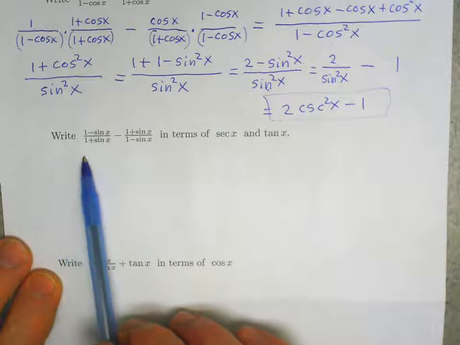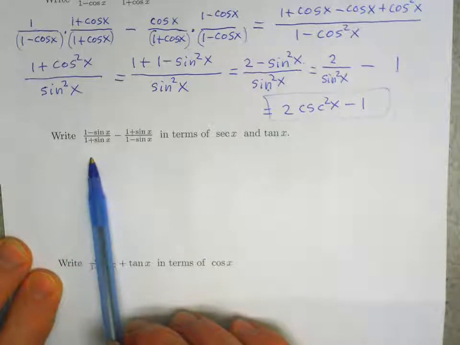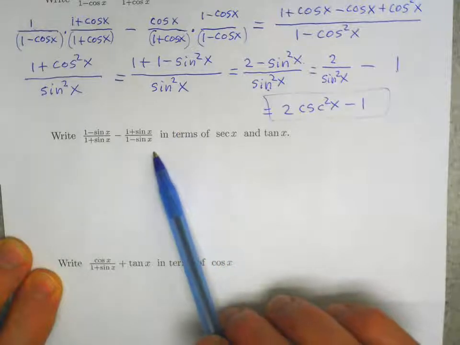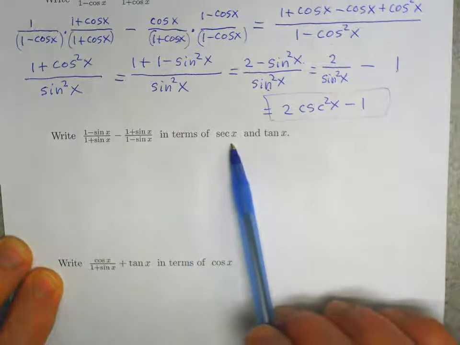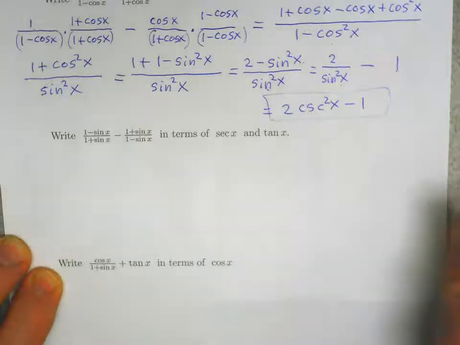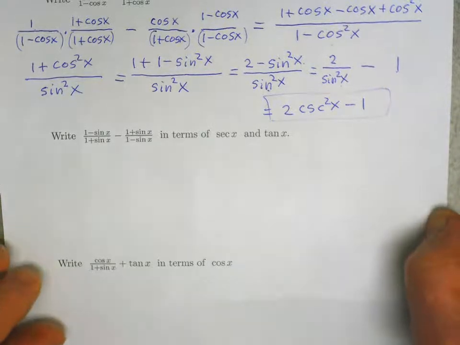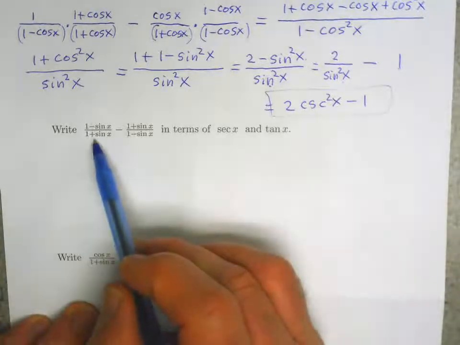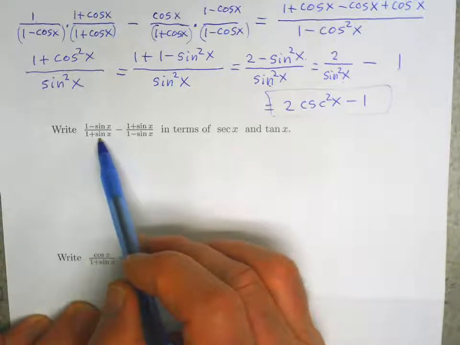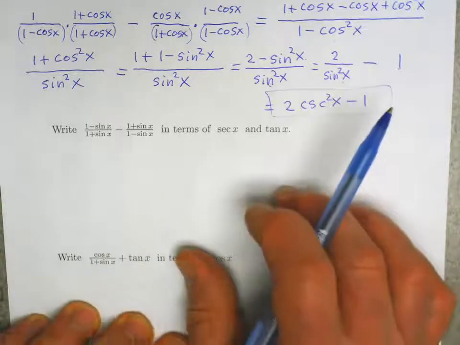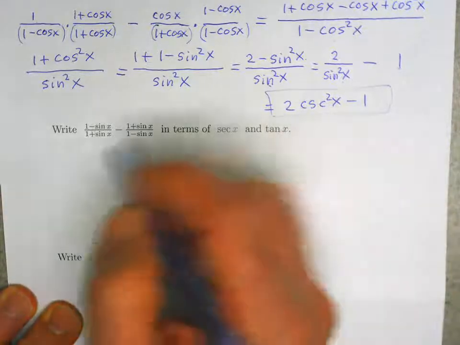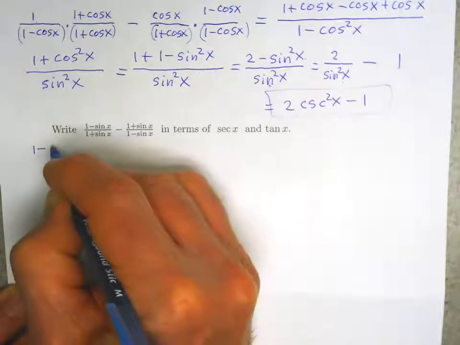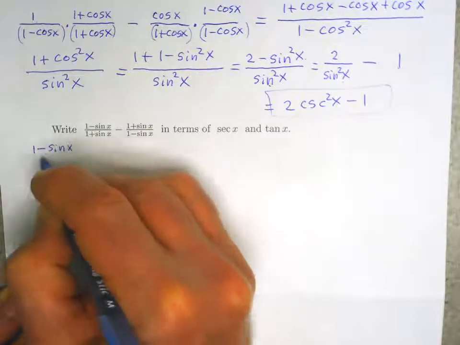Now we want to write this, 1 minus sine of x over 1 plus sine of x minus 1 plus sine of x over 1 minus sine of x, in terms of secant of x and tangent of x. Okay, so the least common denominator is 1 plus sine of x times 1 minus sine of x. So similar to what we did in the previous example, we'll multiply each of the terms by 1